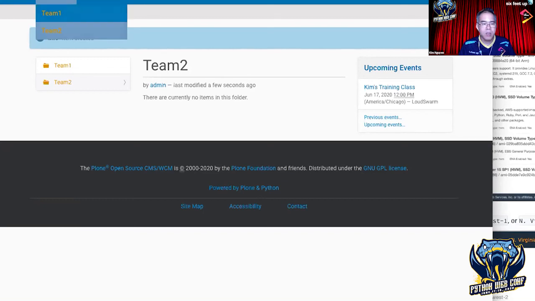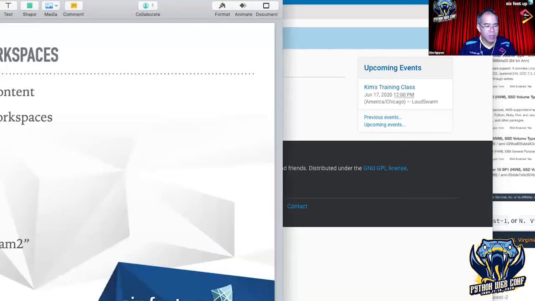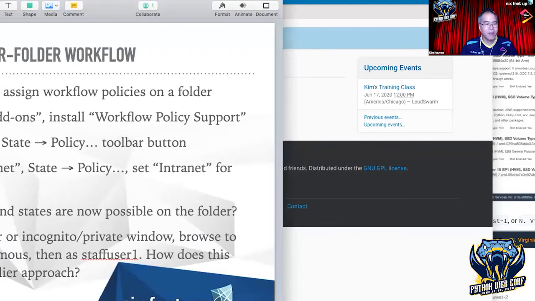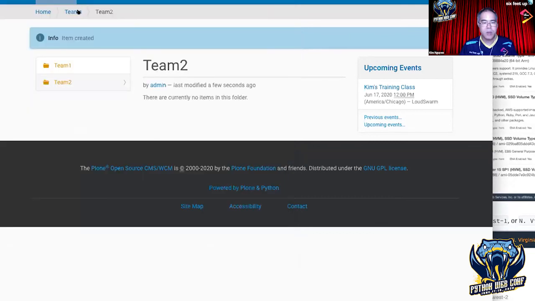So within your Teams folder, sorry, did I miss a step here? Teams should have been inside the intranet. All right, I'm getting ahead of myself. So what can you do for a specific folder? In a particular folder,